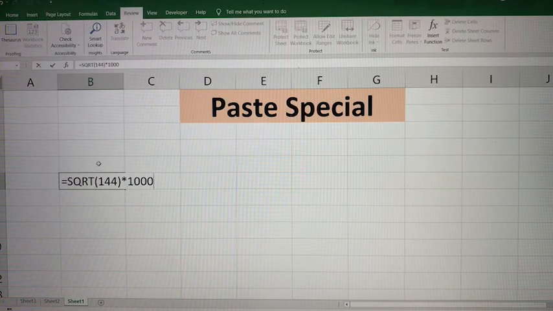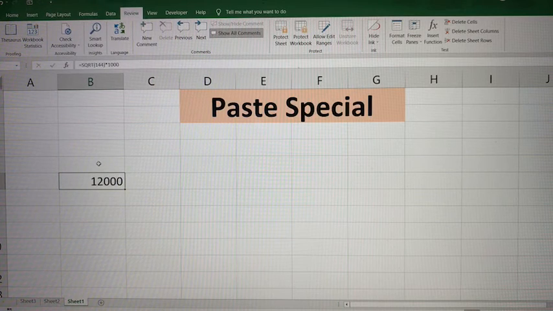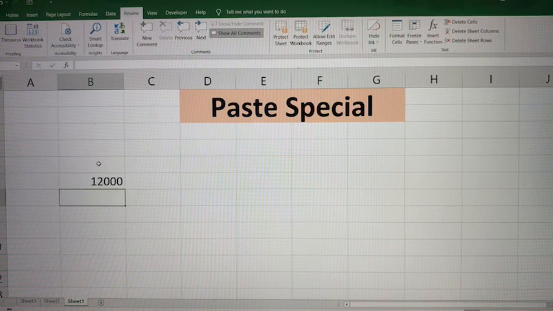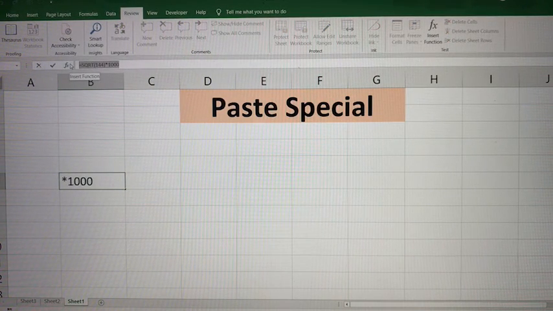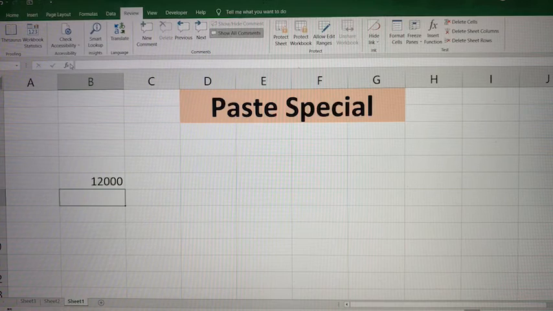Now in reality, the actual detail in this cell is this formula and not this 12,000 that you see on screen right now. The 12,000 is the external value that is visible to any person who is looking at that Excel. What you see here in the formula bar is the actual value that is present in the cell. So now we have two things that we can copy in Excel. One is the formula that is present in a cell, and the other is the actual value that gets calculated after the formula.